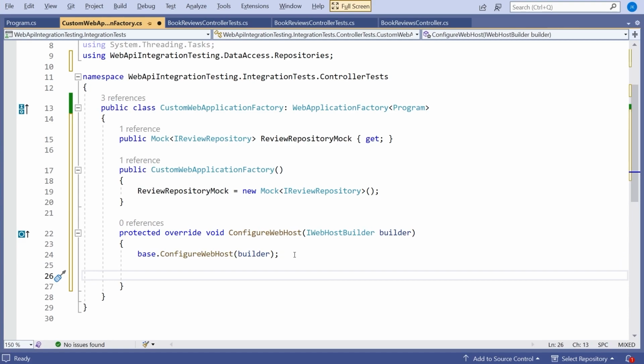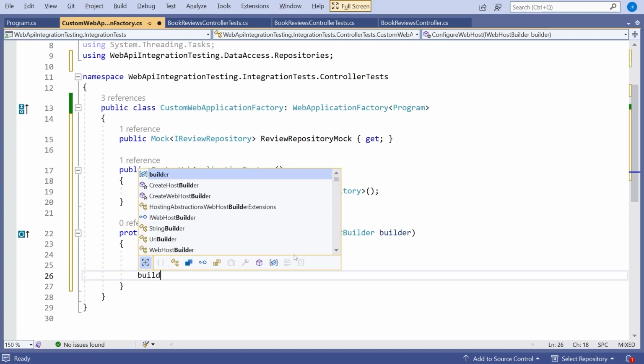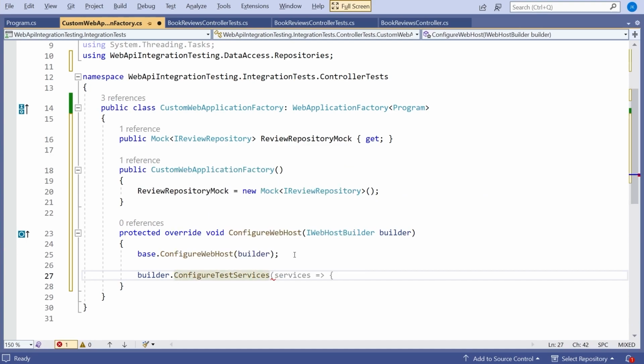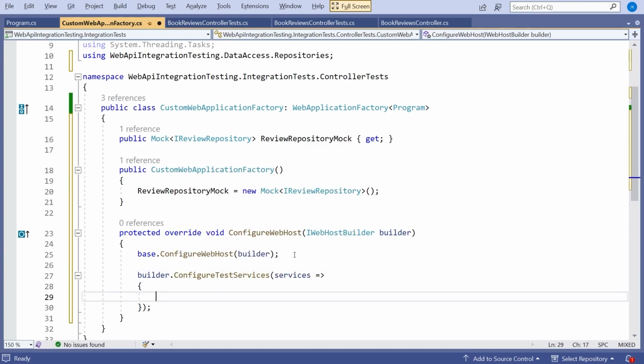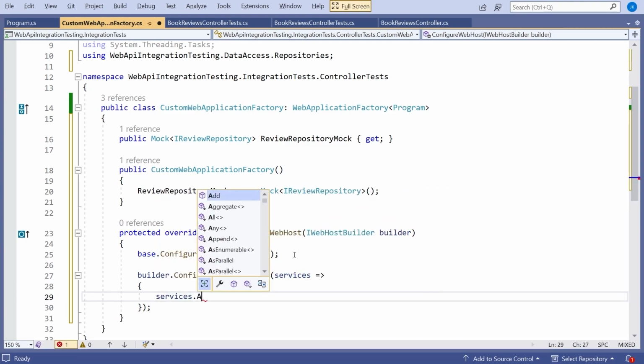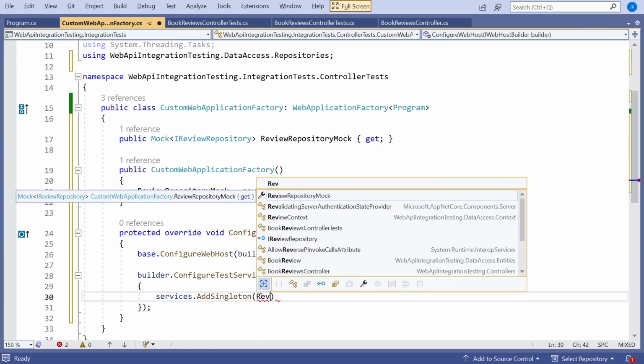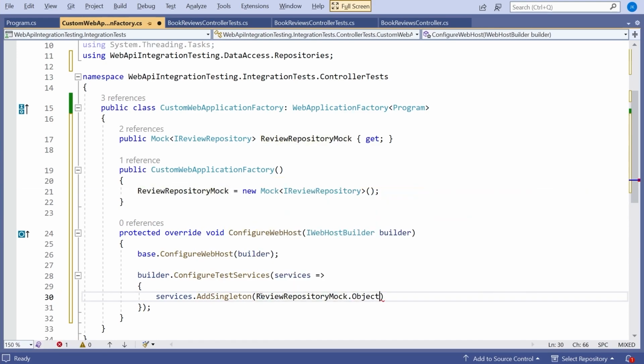So what I'm now going to do is say builder.ConfigureTestServices, and that gives us a lambda. And in there, I'm going to say services.AddSingleton, and then IReviewRepository, Mock.Object. So that means whenever someone asks for the IReviewRepository, they'll get that mock object.